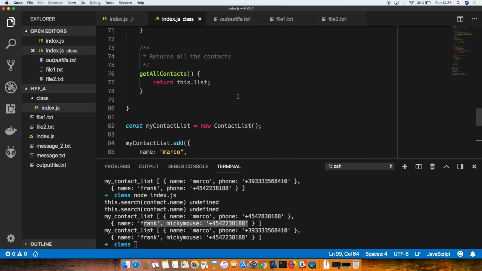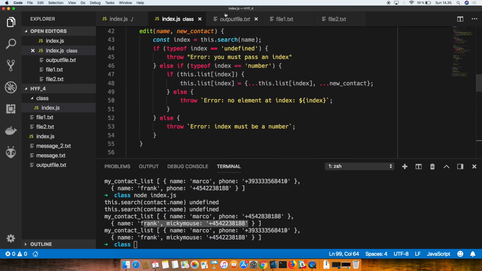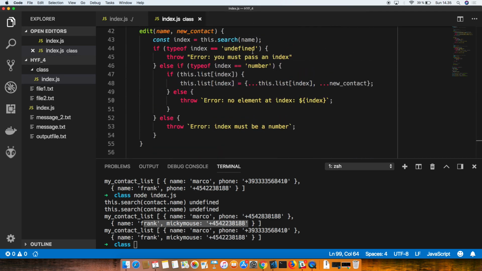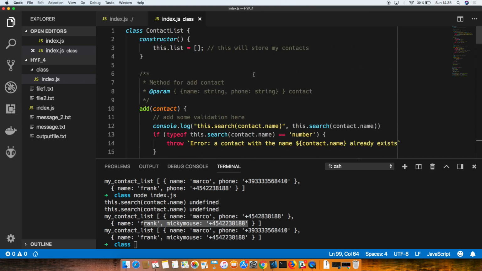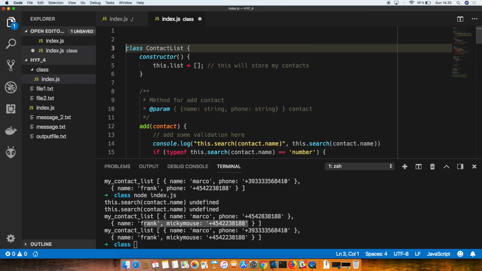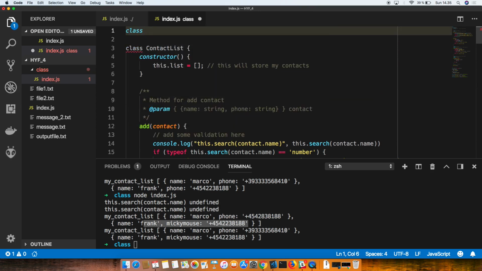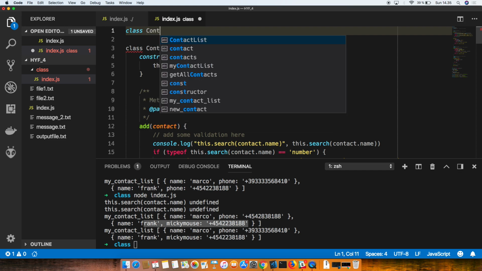So what's the first improvement? The first improvement is to create another class, call it contact, to just create a single contact. So this will be class contact,